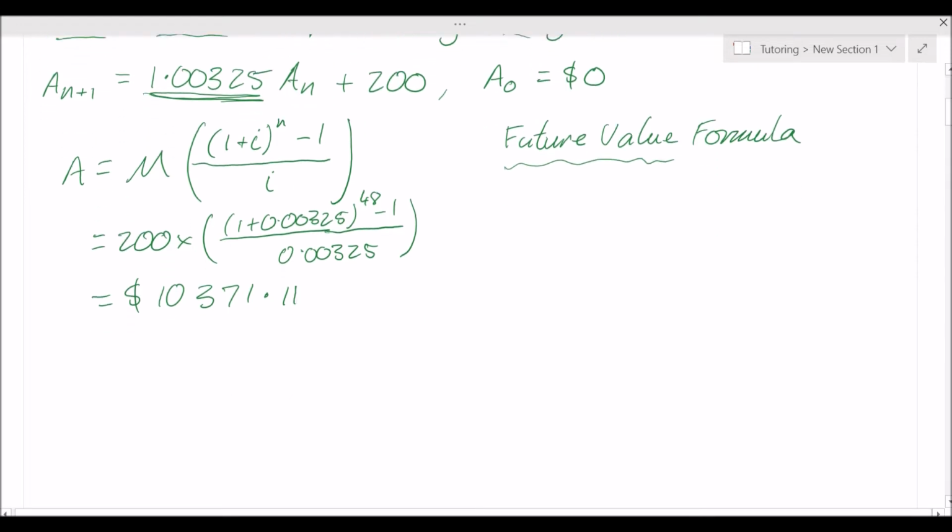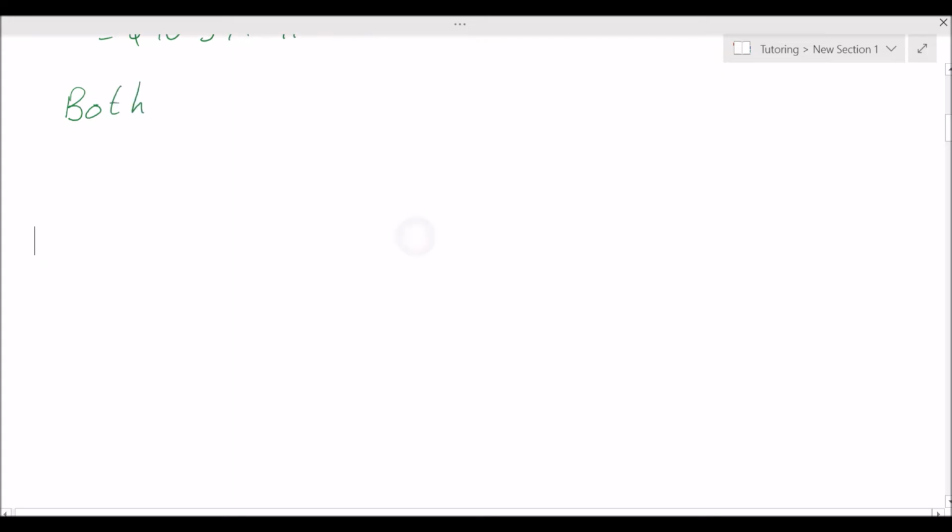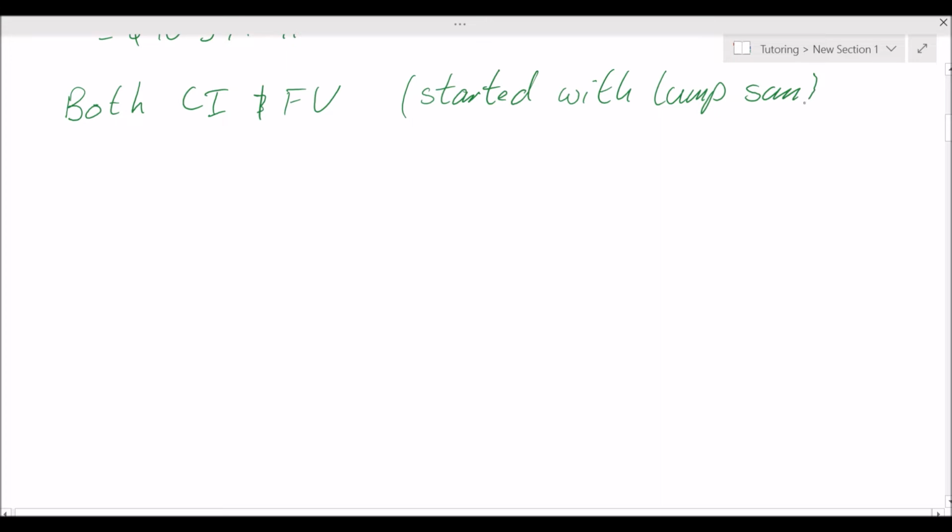Now you may also see a question where you have a bit of both happening. So both a situation where it's compound interest and the future value formula. This would be if you started your deposit scheme with a lump sum of money. So let's say you started with $10,000 and you put in $200 per month